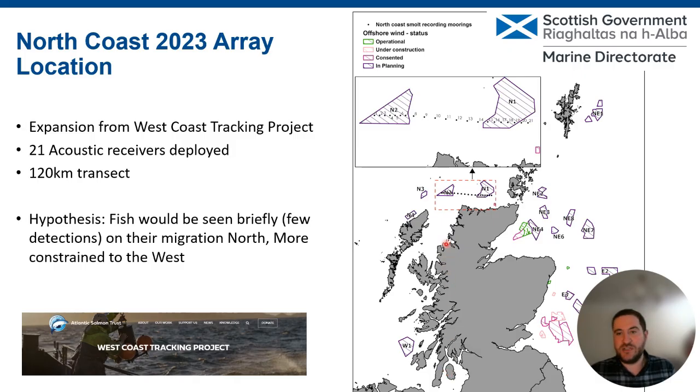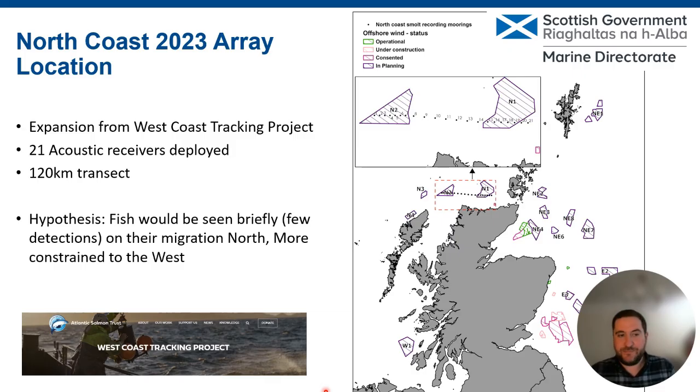We saw an opportunity to deploy 21 acoustic receivers, which are these black dots here, across the top of the Minch on the north coast of Scotland, that allowed us to build on that project and get some more information on fish further north than we've ever been able to follow them before, and detect fish going into that part of the sea where we have virtually no information on what smolt behaviour